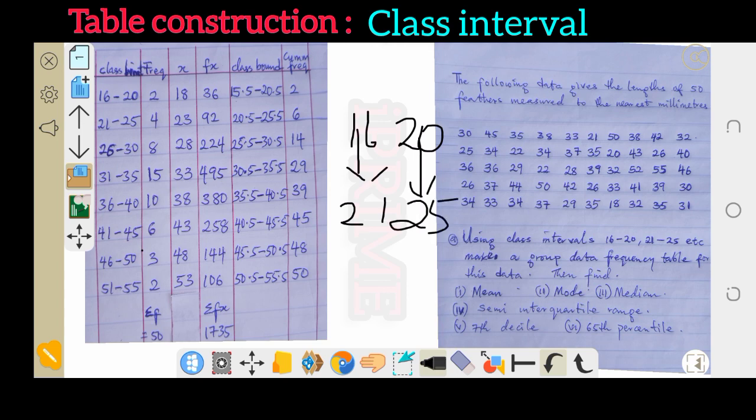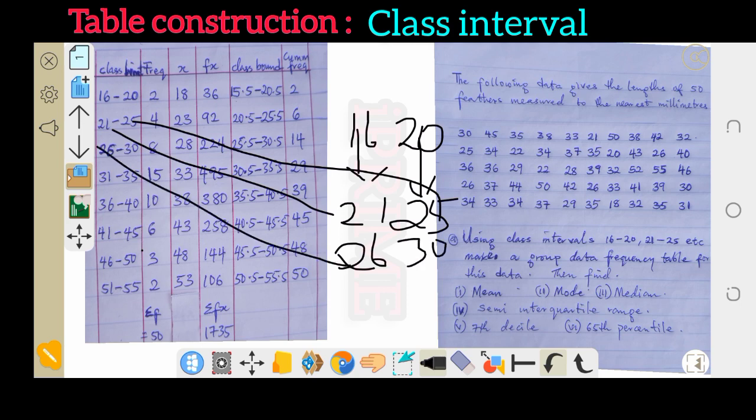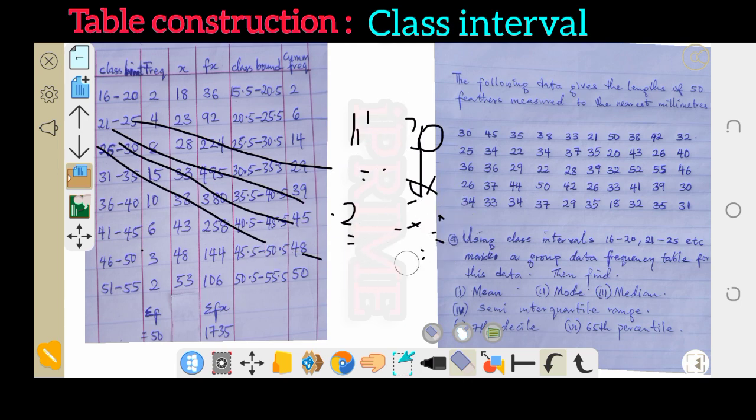That's the 21 and the 25 you are seeing here. Add 5 again to 21, you get 26. Add 5 to 25, you get 30. That's the 26 and the 30 you are also seeing here. So I'll be doing that continuously until you are able to obtain all the class limits of